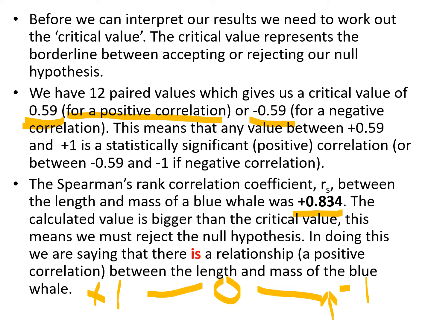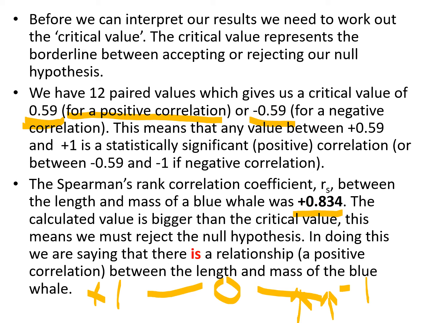And sometimes it is very tempting to say our RS value is greater than our critical value. If our critical value was here, for example, and it wouldn't be. Minus 0.83 is not bigger than minus 0.59. So be very, very careful with your wording. The wording I prefer is that it is closer to -1 or closer to +1. Our RS value is closer to +1, or our RS value is closer to -1 than the critical value, and